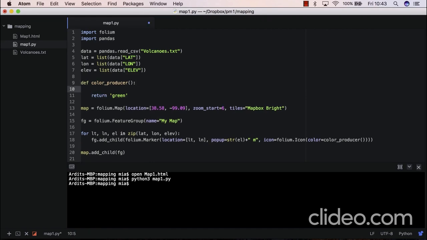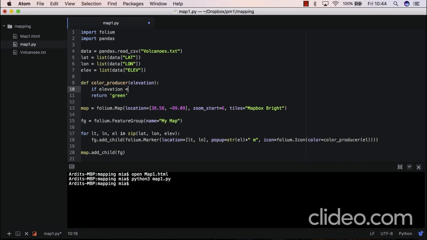Therefore, now you can add some conditionals here. Basically, you need to pass an input here. So elevation, let me write whatever variable you like. I'll write elevation, and here you need to pass l. So l for lat lon l. So, let's say we have 62 rows in the data table, and the for loop will go through the first row of the table. It will get elevation and it will pass it to this function call. So the function will pass l into elevation, and then you say here,